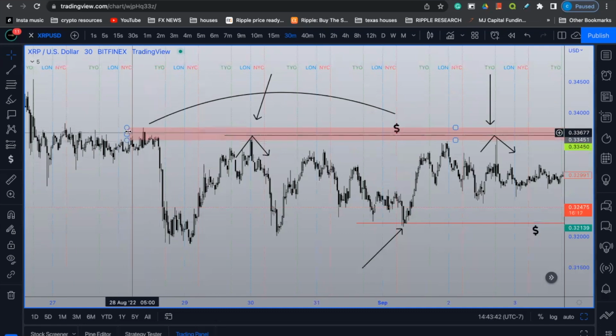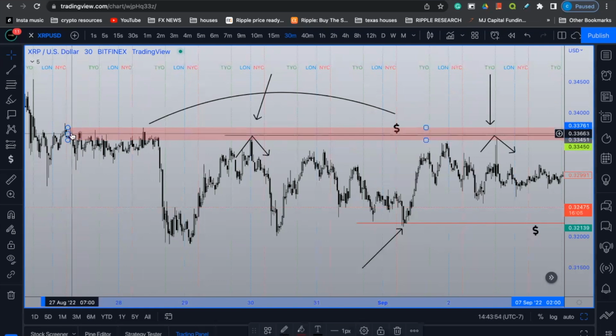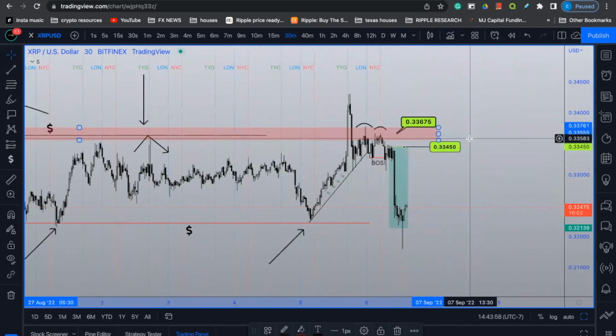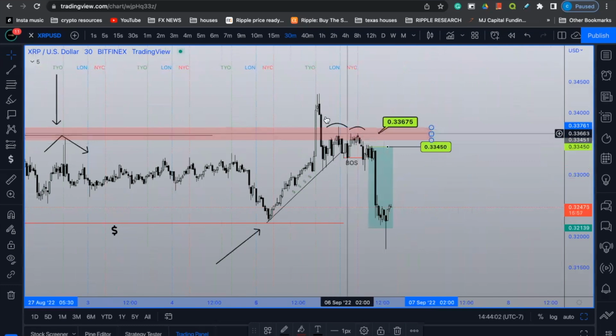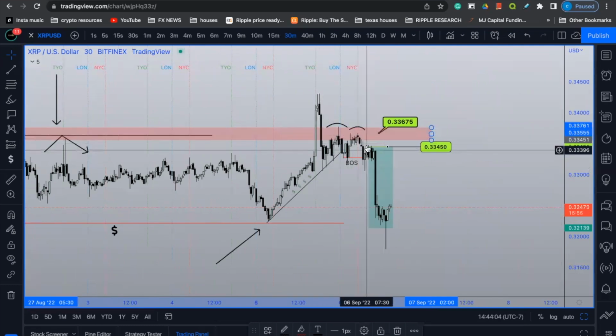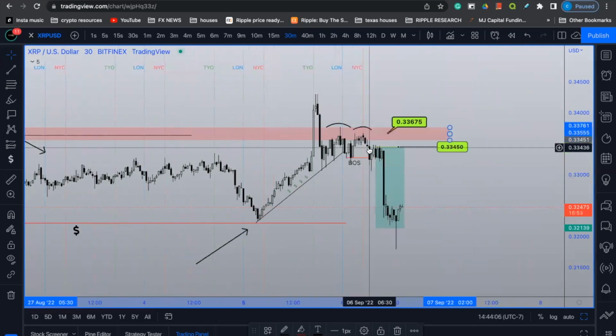So we highlighted this area, which also correlated with this area before on August 27th. That was two solidification areas in the form of premium where the banking institutions from previous sessions sought to sell from. So we highlighted those areas and extended them over. Why? Because we know that if banking institutions fail to break above this level and print bearish order flow beneath it, they are more likely inclined to take sell positions.